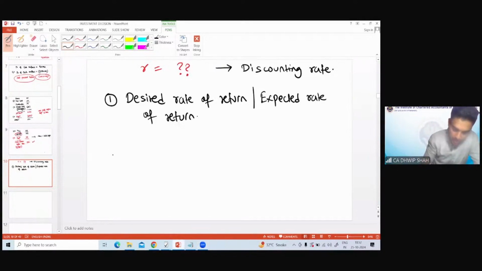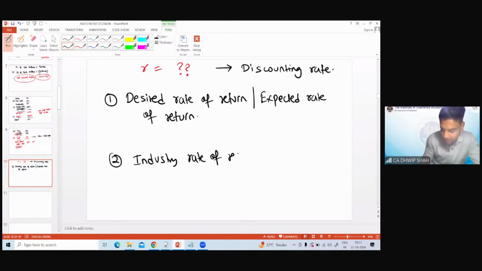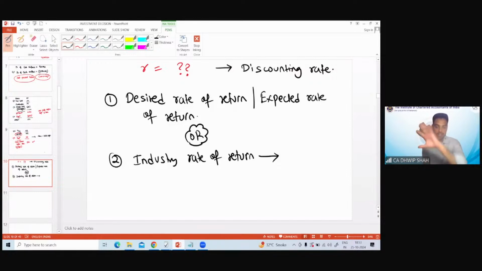So if the question gives you the industry rate of return, then you must use that. Say I am starting a new manufacturing business of production of kids' apparels. In that industry, what everyone is earning would be my expectation. At least I would want to earn that. So your rate of return in that case would be the industry rate of return. Are you getting this? Is everyone following? If the desired or expected rate of return is not given, then check for the industry rate of return. What is the rate of return that all the other companies in that industry are generating? Check that. But again, if this rate of return is not given, then